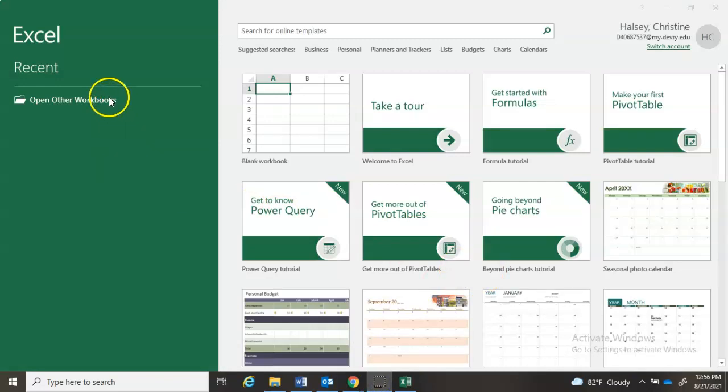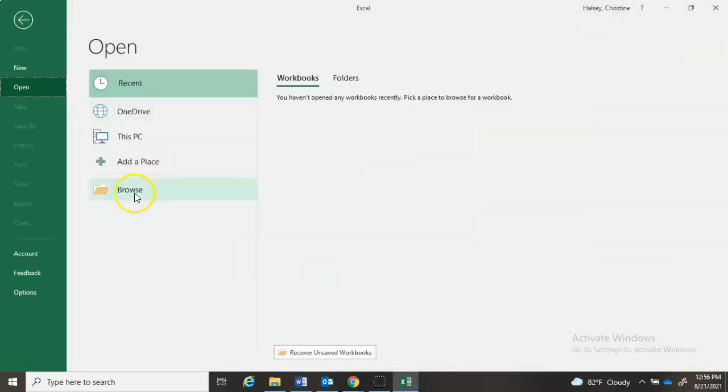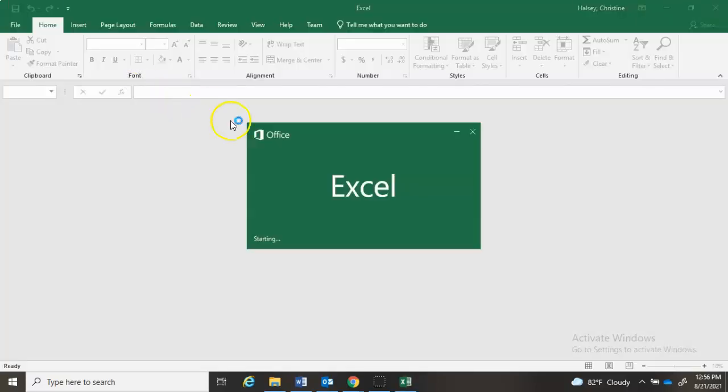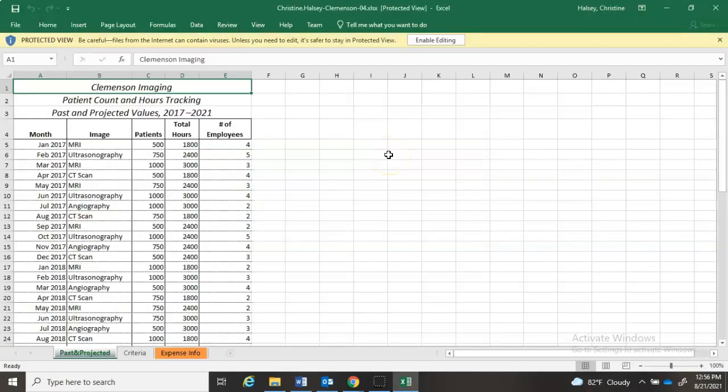Once it opens up, I'm going to open other workbooks and browse and go to downloads, and I should see my file. Enable editing,